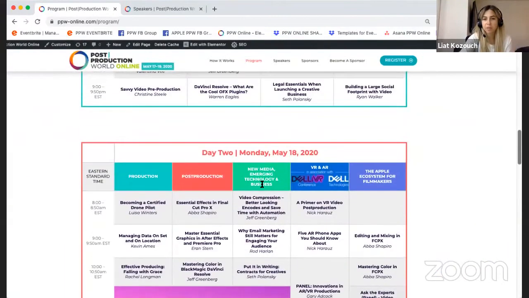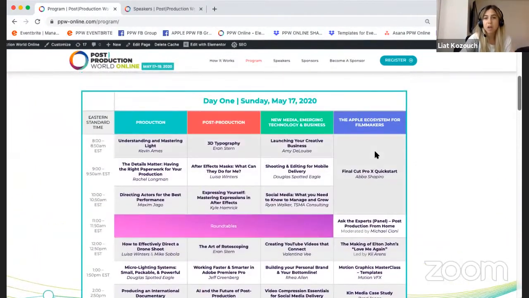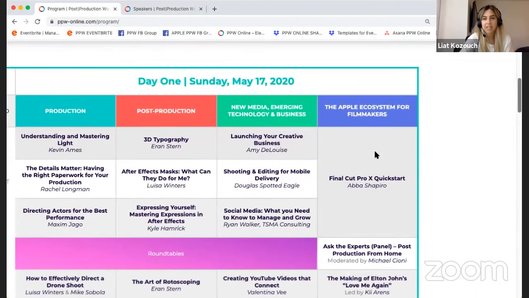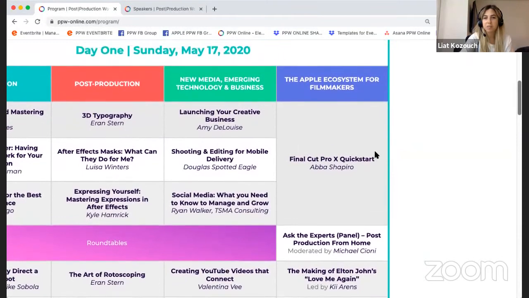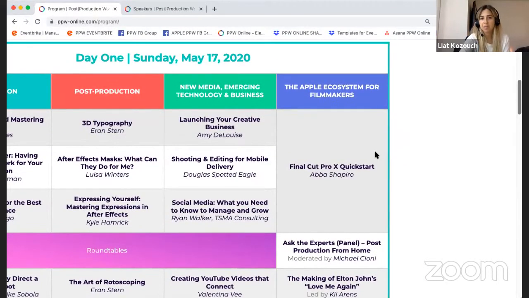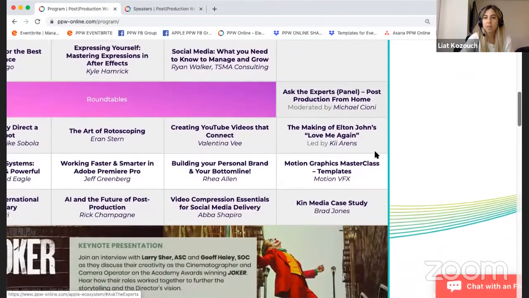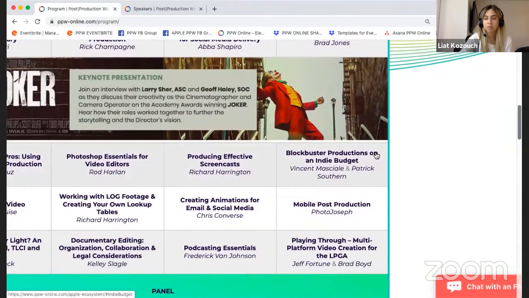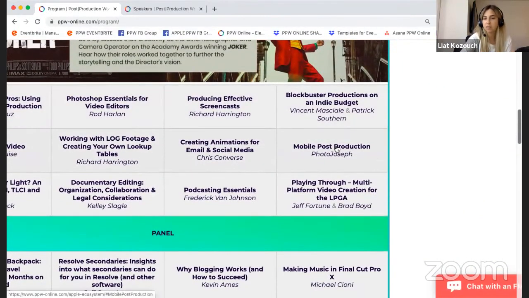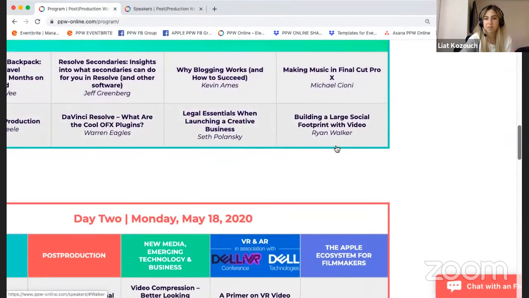We've been in partnership with Apple for years now, training the industry on both creative and technical sessions. So this is called the Apple Ecosystem for Filmmakers track. It's happening Sunday, May 17th and May 18th. And these are open to all, meaning anyone who clicks in does not need their registration on the back end. They would just enter and be able to watch these amazing sessions by these speakers.